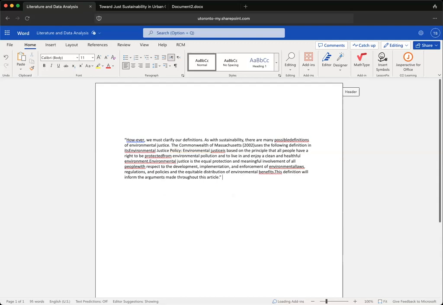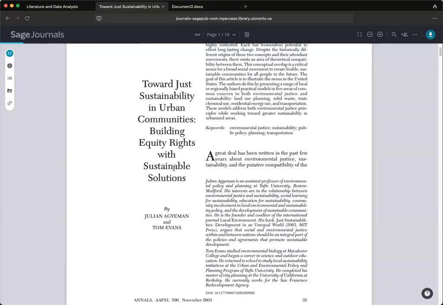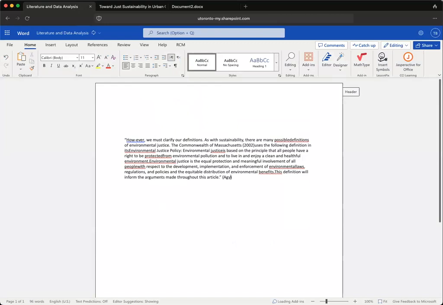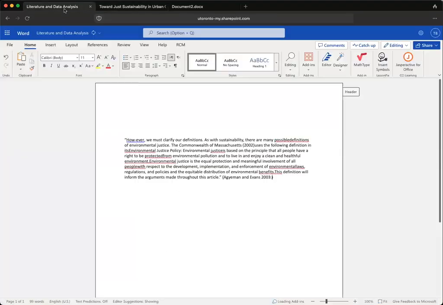If we had Zotero or Mendeley or something, we could insert the citation that way, or we can just put it in by looking at the article. The page number, like that. So now we have the quote